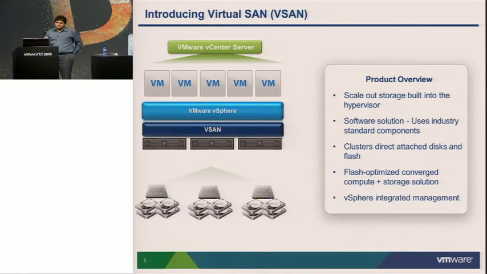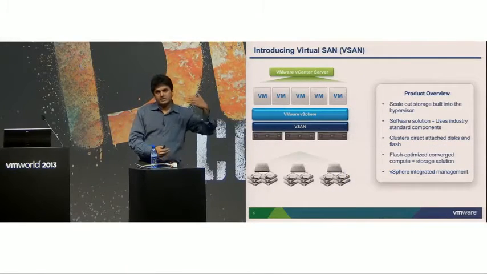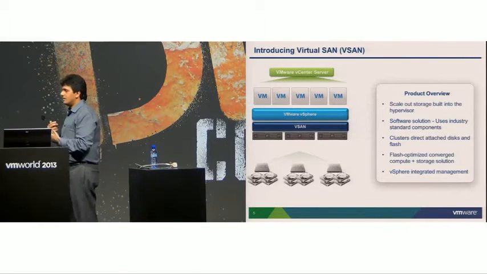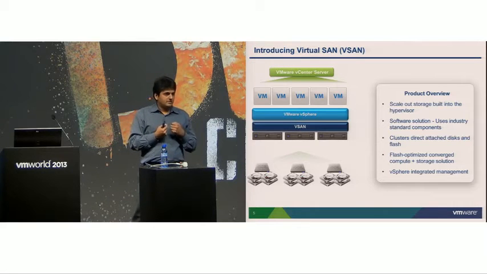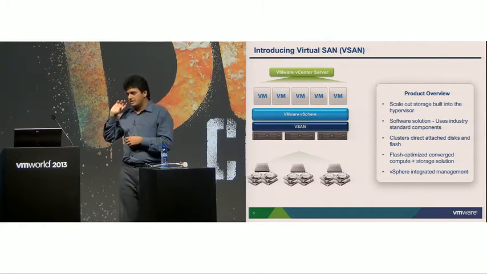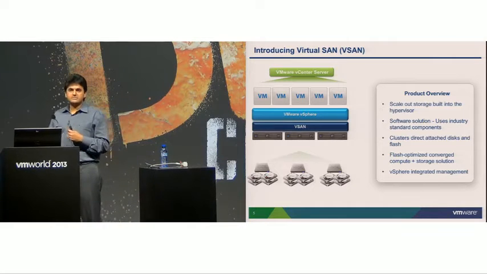The third component of vSAN is that it's flash optimized, so it uses flash both as a read cache and a write buffer, as you'll see. And the kicker with vSAN, or the big value that we want to provide with vSAN, is in its management. As I said, one of our big pushes towards enabling the software-defined storage vision is a policy-driven control plane. And what we have done with vSAN is deliver an approach where storage management is completely automated. So with vSAN, as you'll see, we've taken the approach of policy-driven storage management, where